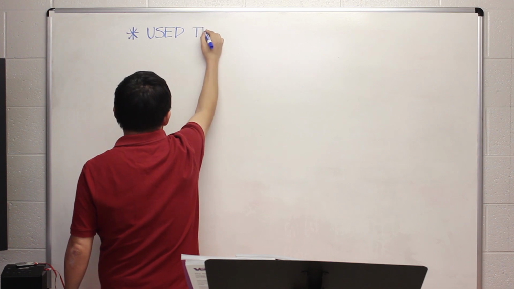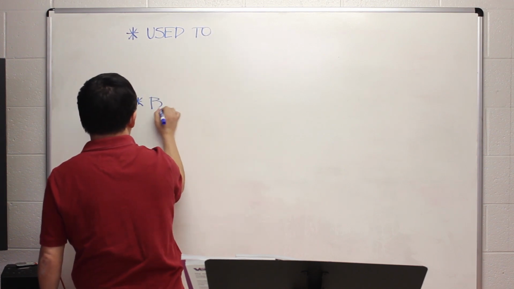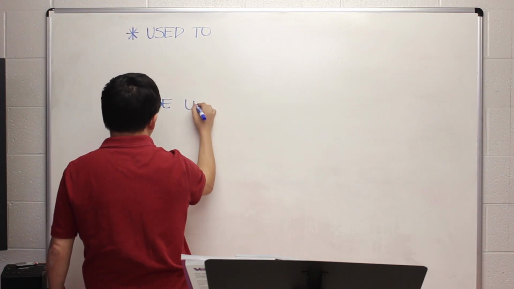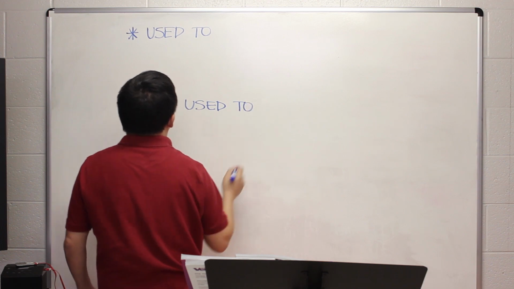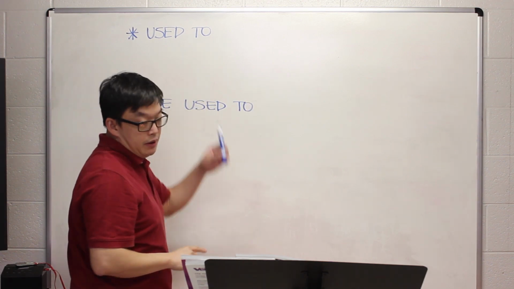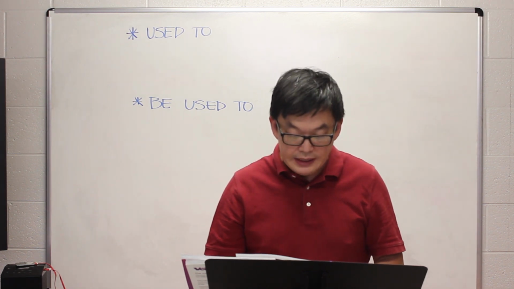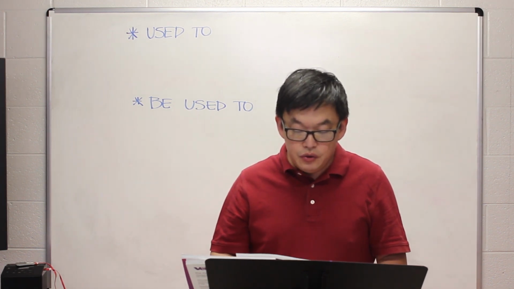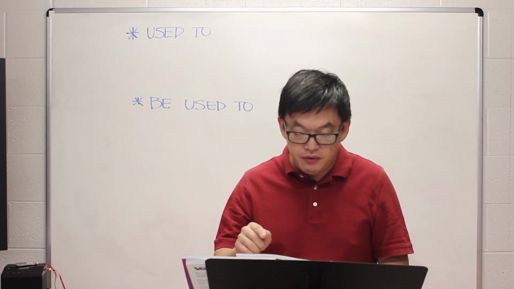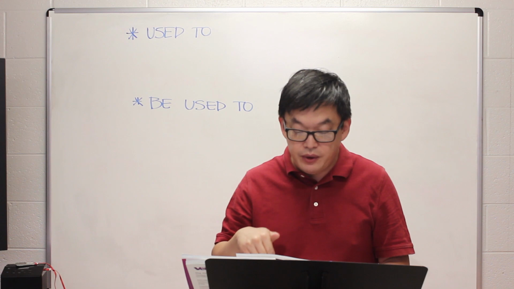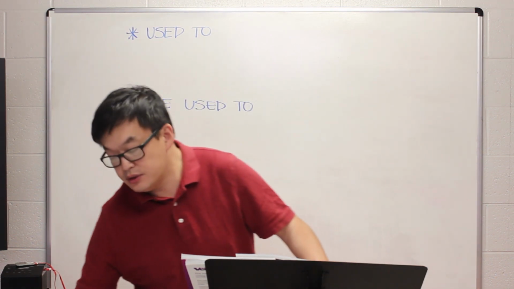Used to, and the other one is be used to. Okay? Let's talk about used to. So in the orange box here, what you see is that we use used to plus the base form of a verb for past situations that are not true now. Okay? So for example,